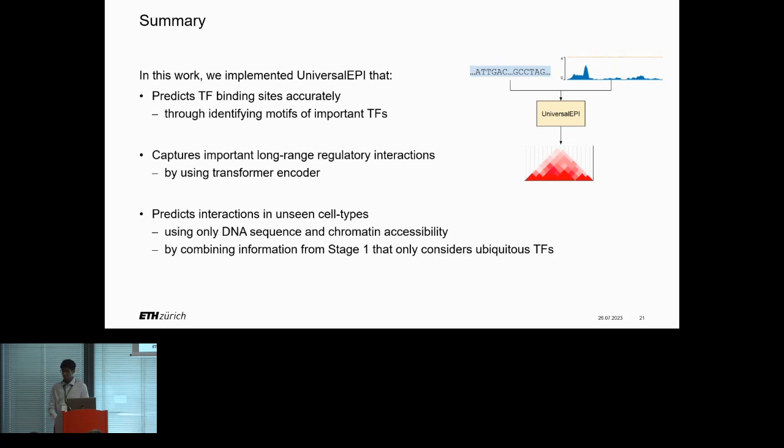Indeed, for stage 2, we only predict the interactions between the open regions. We do not predict the complete Hi-C matrix. I see. So the focus was always on predicting interactions just between the open regions. And is that in a way that you are trying to distinguish the loops or significant interactions from the others, or you are trying to predict the continuous values? We are trying to predict the continuous values. Yeah, that's what I was trying to refer to.